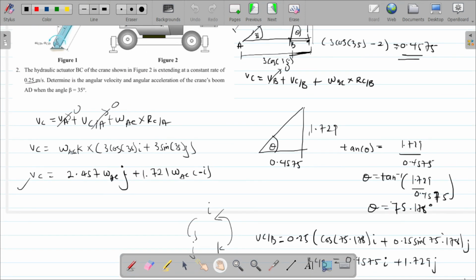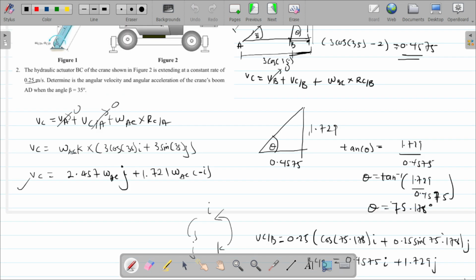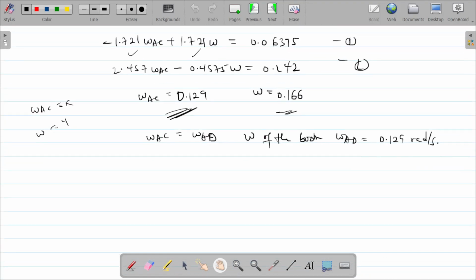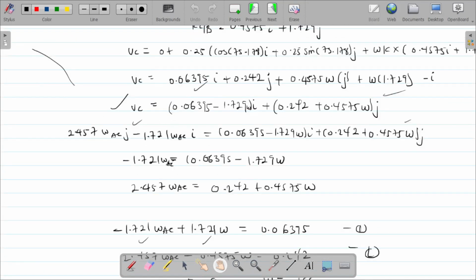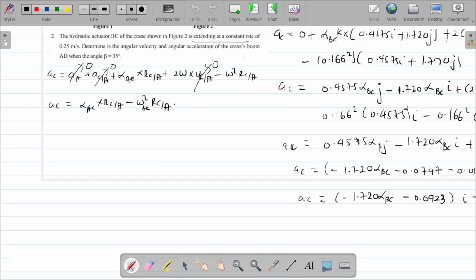r of C relative A was 3 cos 35, then 3 sin 35. And then omega AC, what did we get? Omega AC, we got 0.129. All right, so next, a_C will be alpha AC K cross 0.3 cos 35 I plus 0.3 sin 35 J